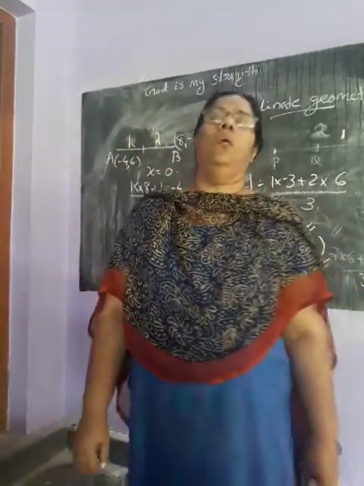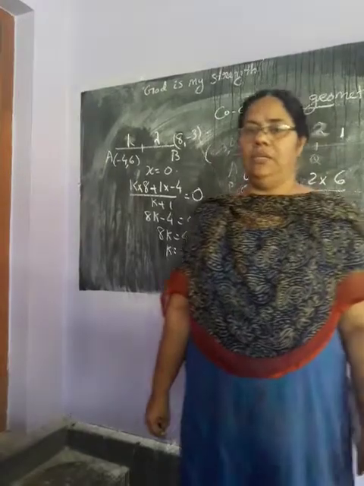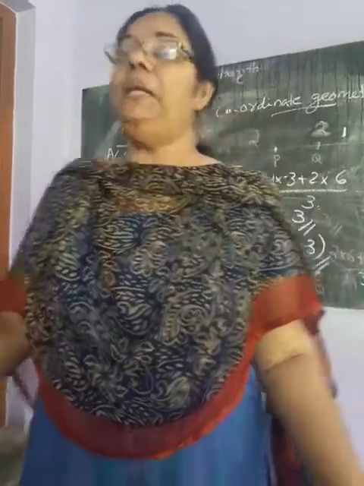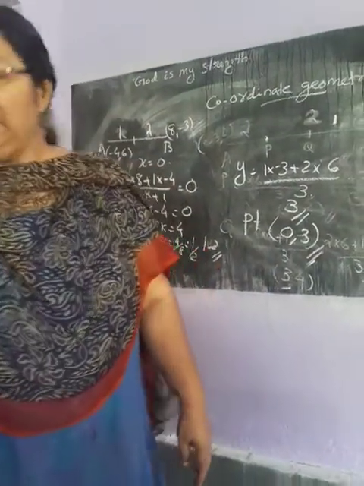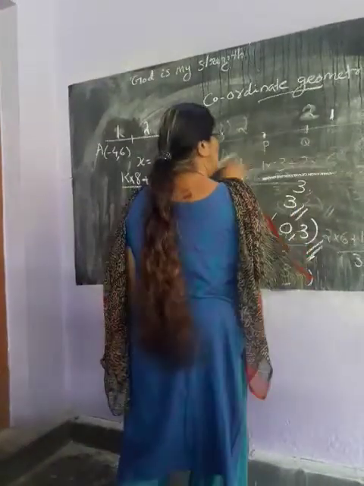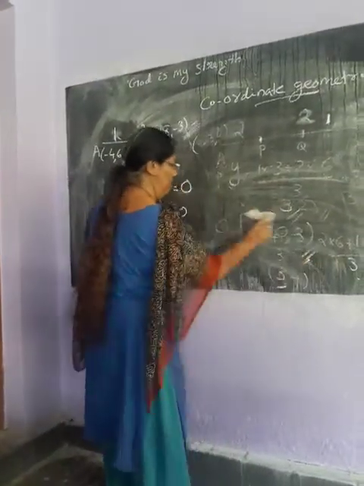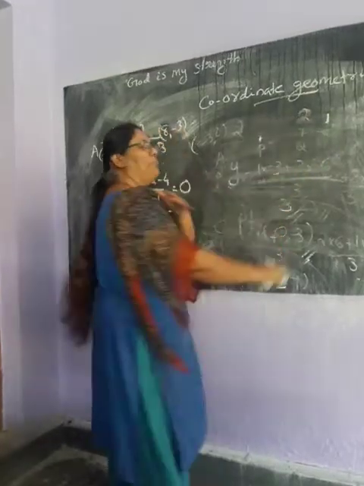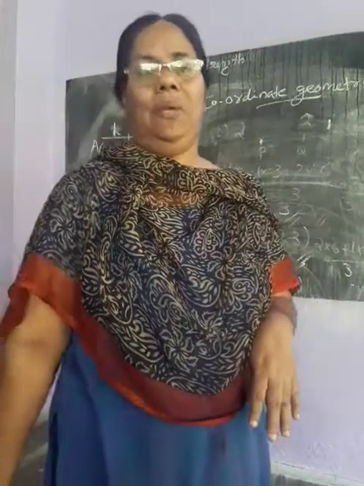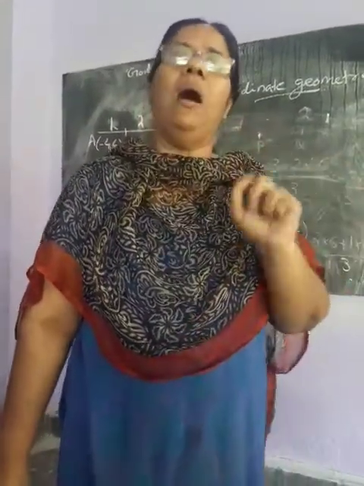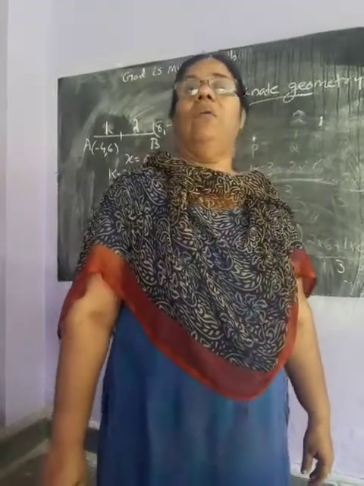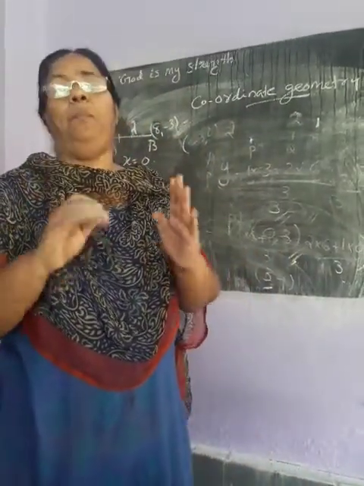Understand? Now the next topic is the midpoint formula. That means the section formula is a subheading of the first part. In the previous problems, we took P in the ratio m is to n. That means you can mark P anywhere on that line segment. But here our aim is to find the midpoint.